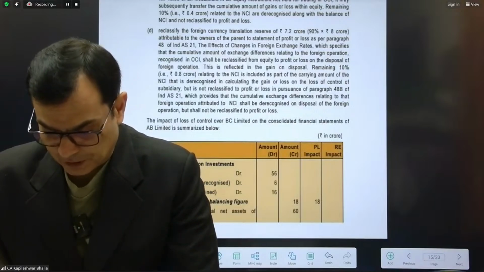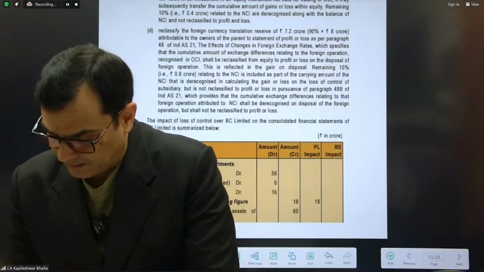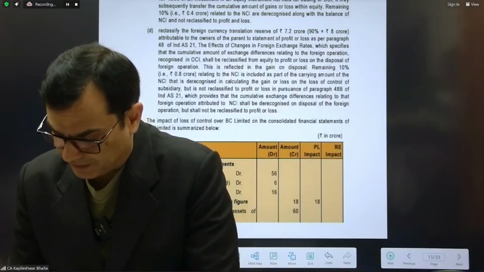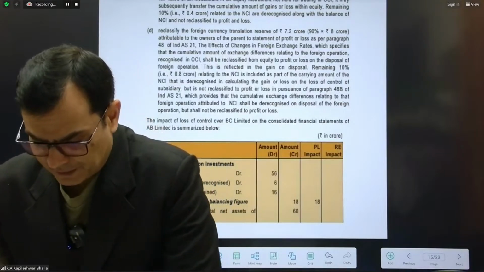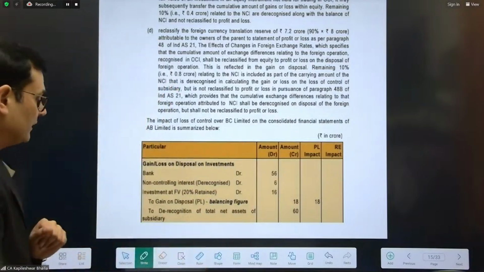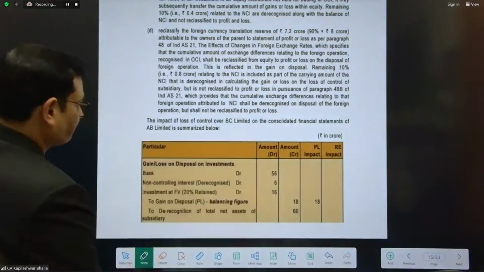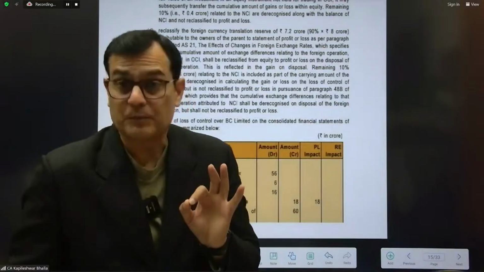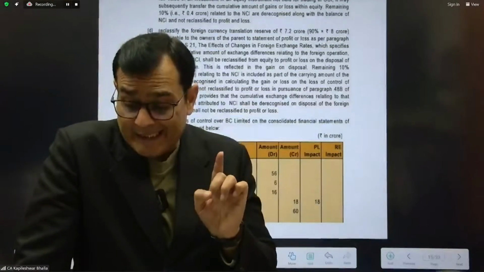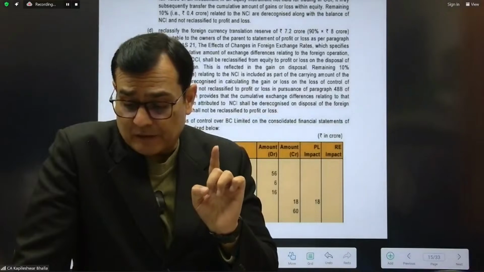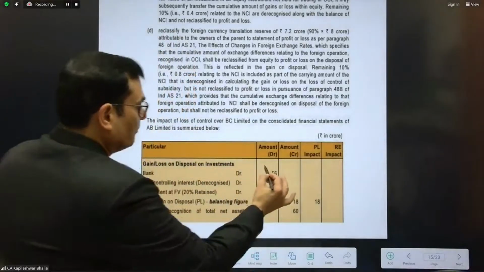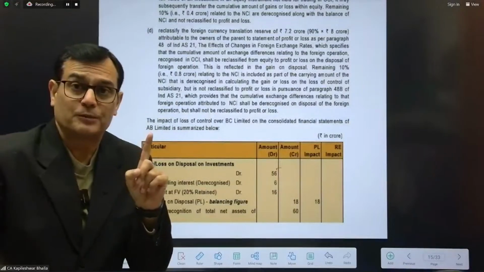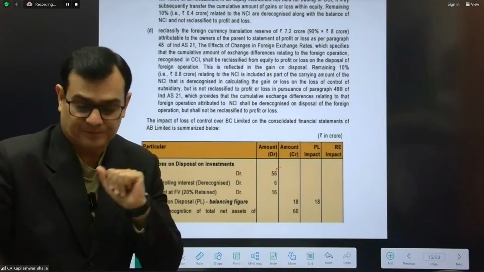So let me just open the question also with me, and then I'll start explaining this. This is a question which is given in the study material as well. So let's read the inputs to you and keep vouching me on the figures. Now, we are very clearly given in the question at the very first part of the para, A sold 70% investment at 56 crores. So bank gets a debit. This is the same entry which is done as per Ind AS 103 reversal.